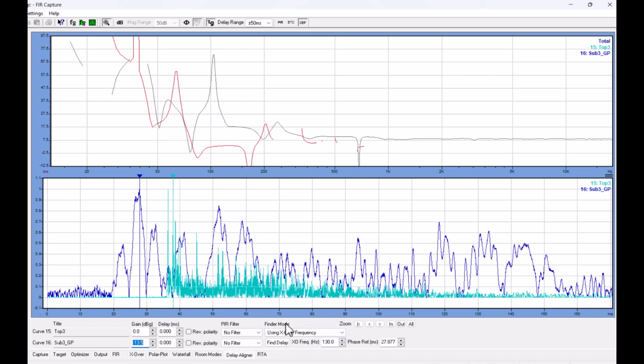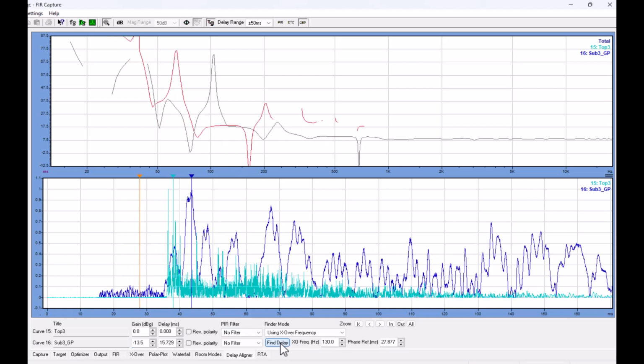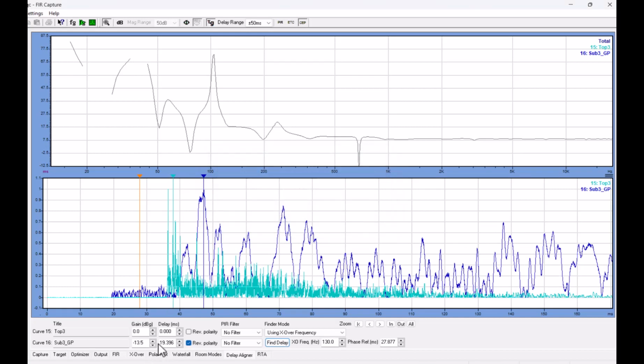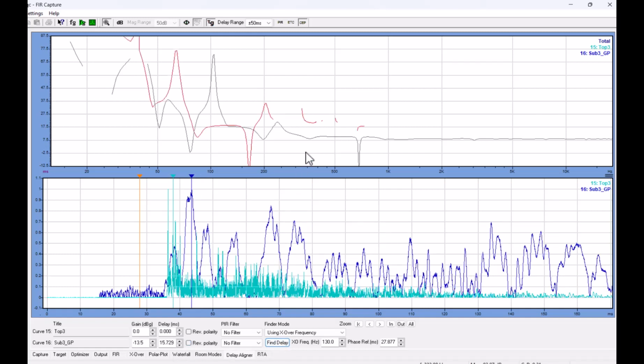We can also test the automatic delay finder here. I have noticed that the crossover shall be around 130 Hz. So if we do like this, you can see that the finder will suggest a delay of 15 milliseconds, but we will also check with a polarity reverse of the sub. But you got this warning here, and that will provide a longer delay time, so we pick the first one instead. Looks like this,